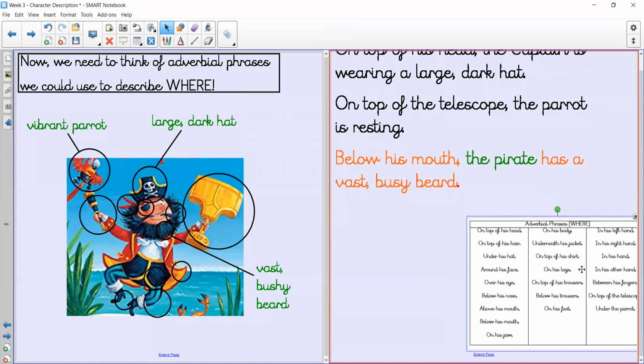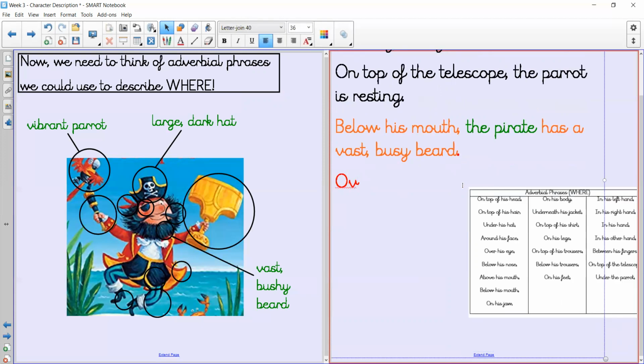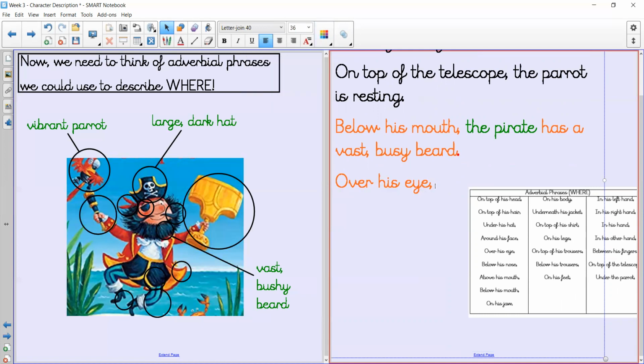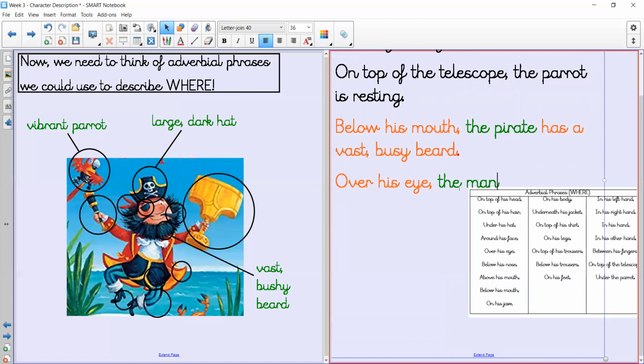Now, hopefully at home you're realising that it's over his eye. We could also use below his hat, but I'm going to go for over his eye. So, over his eye. Oh, I'm going to change my colour because I know it's my adverbial phrase, so it needs to be orange. So that's telling me where it is, over his eye. Who is it? I've already used the pirate, so I'm going to use the man this time, so it's a little bit different. And I know that is my subject. That's who my sentence is about, so it's going to be green. Over his eye, the man